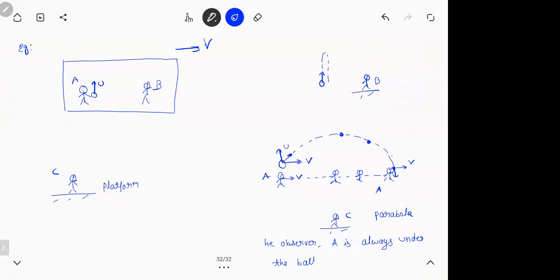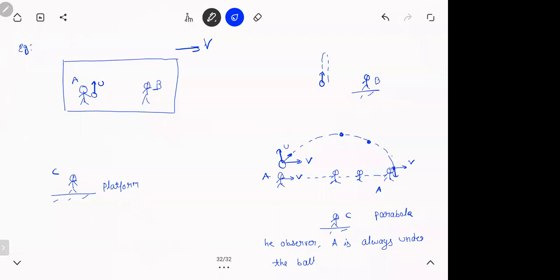Getting it? So look at the thing, the same ball, when two people see it, they have a different perspective. If you ask B, he will say it's a straight line. You can see this actually. Does this make sense? B will say it's a straight line, whereas the person on the platform will think it's a parabola. So if you ask me, sir, which one is easy to study? Obviously, be the person B and study. That is easy, 1D motion.